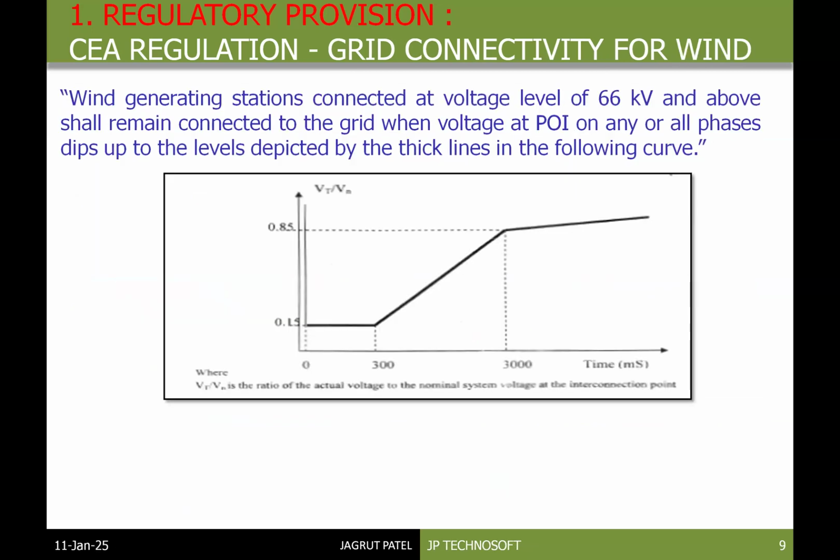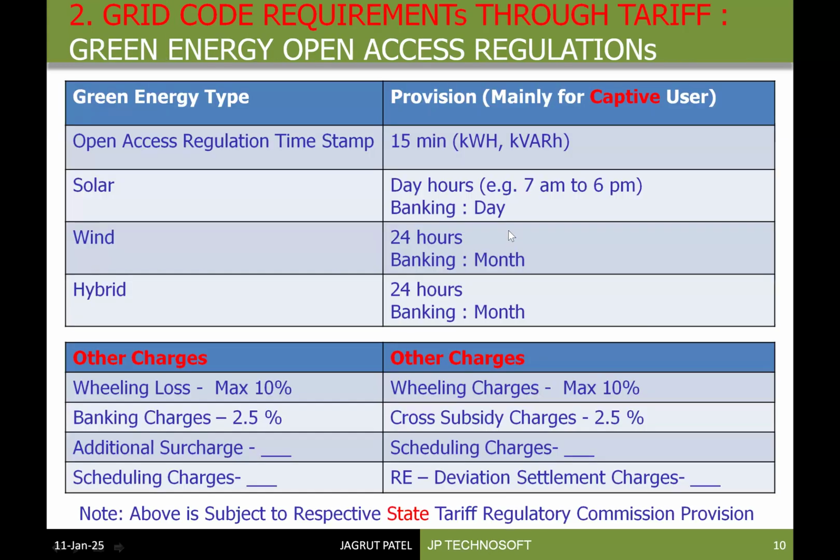These are regulatory provisions. For wind generating stations, they are always connected on EHV substations because wind is always at remote locations. So it is always in a bulk power mode. So always 66 kV and above EHV generating stations are there for collecting power from different windmills. For them also, they have made these provisions. So from 300 to 3000 milliseconds, it has to maintain and absorb whatever variations are there. So till now, this is what we have talked about in the CEA regulations